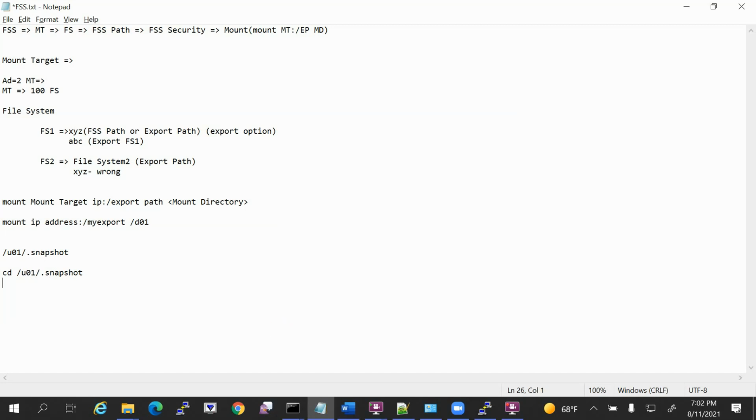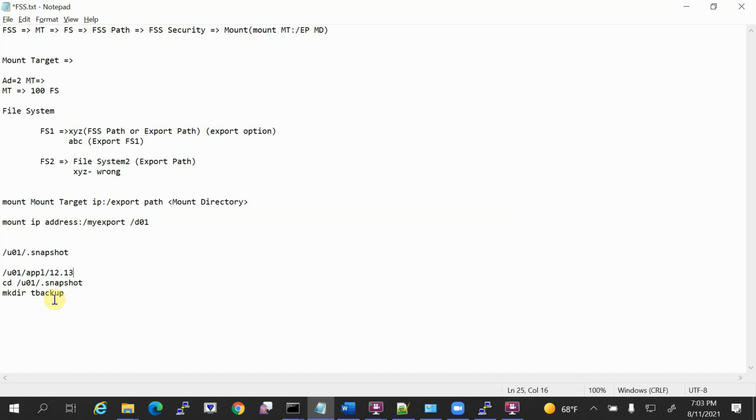To create a backup, just create mkdir, give any name, like test backup, T backup. Let us say I have U01 Apple. Here I have Apple, and a 1213 folder.